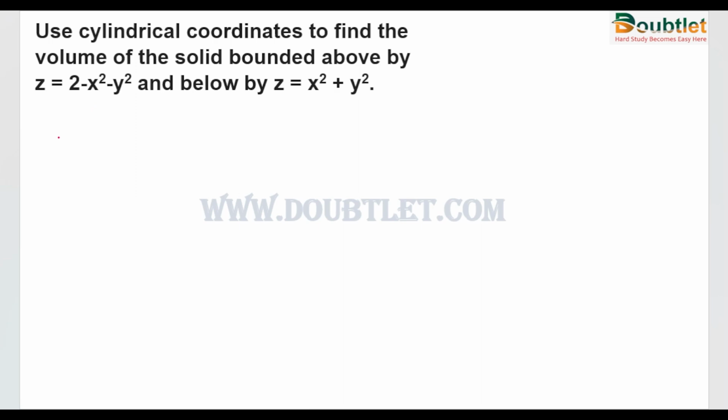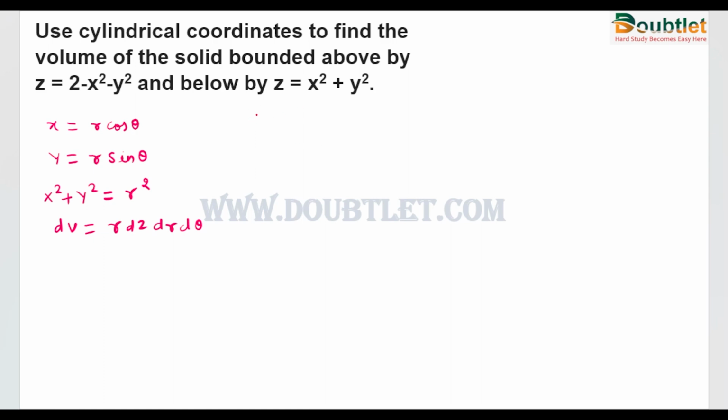So here in the question we will use cylindrical coordinates. So let's assume x is equal to r cos theta, y is equal to r sin theta, and if we square and add these both terms, then what we will get? We will get x square plus y square is equal to r square, and dV is equal to r dz dr d theta. So these are the conversions that we have to apply in cylindrical coordinates.